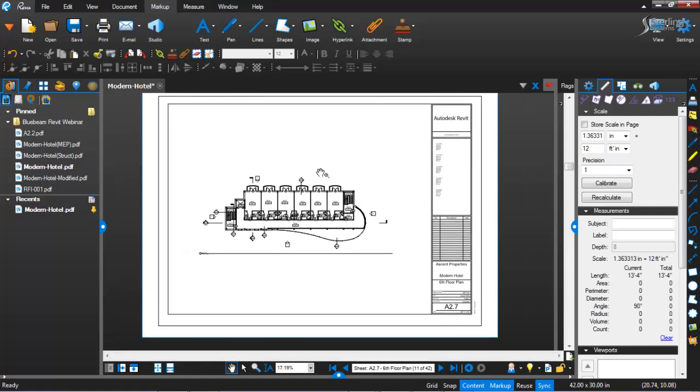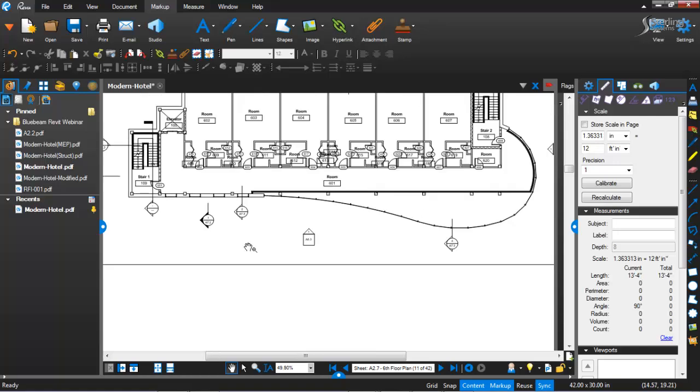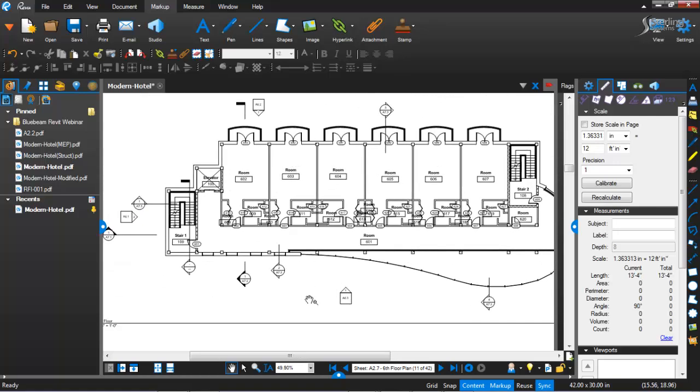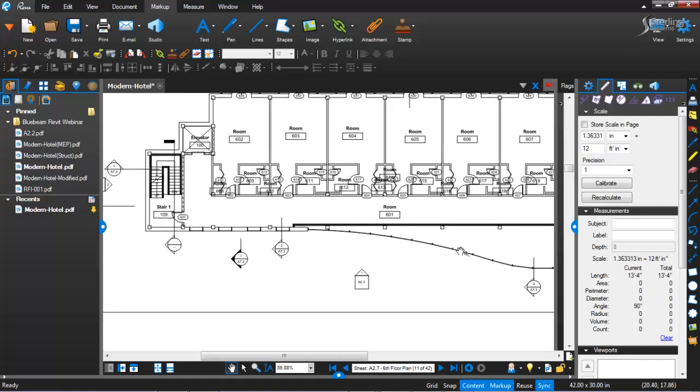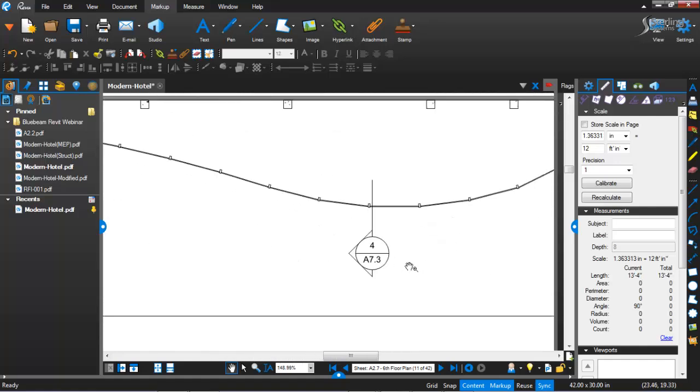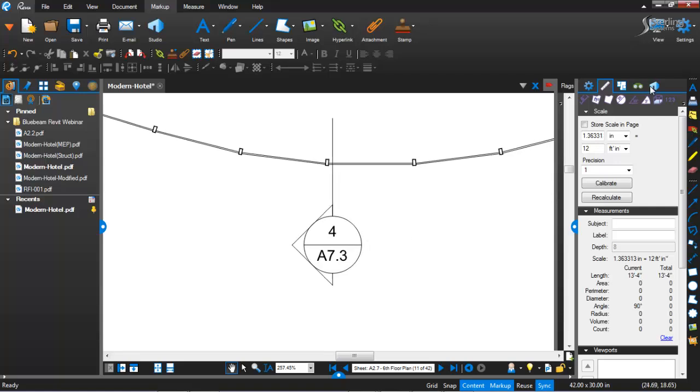Okay, so that's all fine and dandy. But what about the real dirty stuff? If I come in here to a section and I know that I've got to go find that section mark and go to 8.73, 7.3, and so forth, there is an option to actually do that all at one time, because we know that that mark is on every other floor plan sheet. So what I want to do is show you exactly on this one here how the search